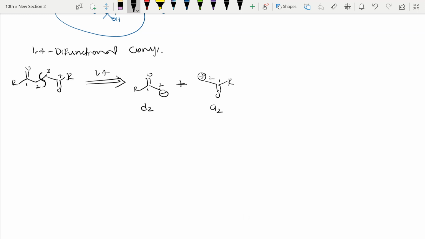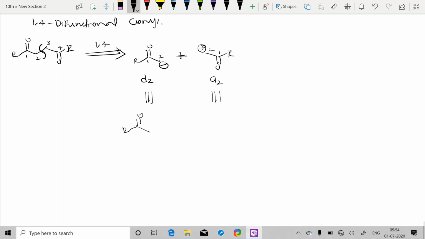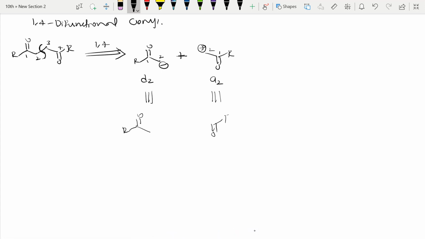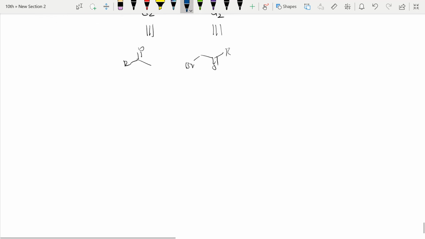Further, the equivalent reagent for this, I have told, you can just place hydrogen there, so it will be CH3 acetone, or sometimes we can also use that COEt group, but it's good to use acetone here. And here, one more equivalent reagent will be this one, plus we need to get Br. Once it leaves the system, that carbon gets a positive charge, right? So this is the thing. So let us see the reaction of that.